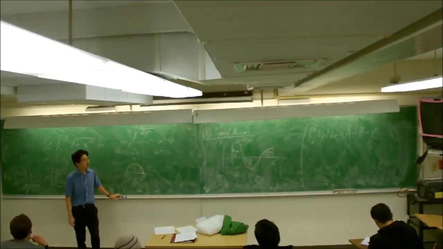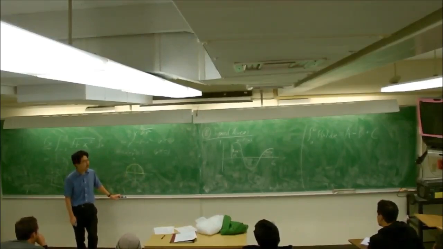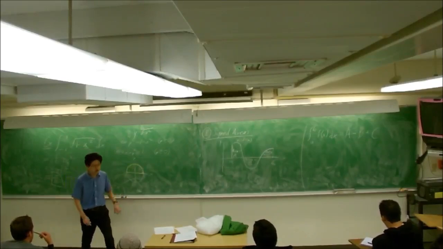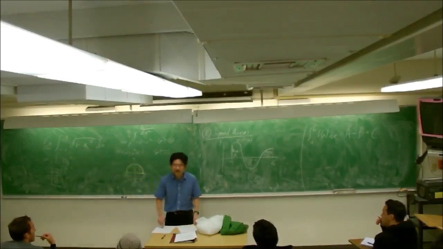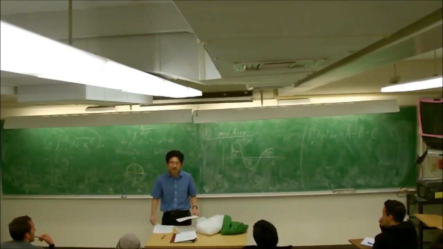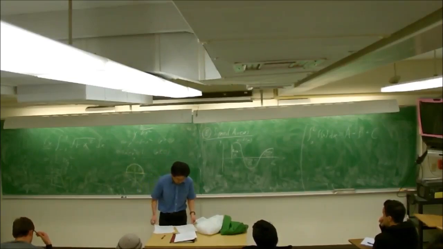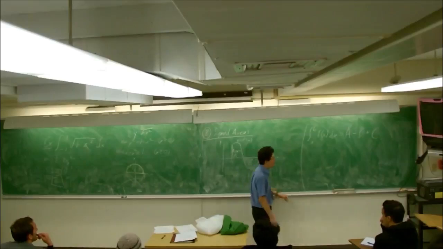So remember, regions below the horizontal axis contribute a negative value to the definite integral, which means that the value of a definite integral could be positive, could be 0, could be negative, or could be undefined. That won't happen in this class, though. That might happen in Calc 2, but not in this class. I will not give you an integral that's undefined in this class. For Calc 2, you'll see some undefined integrals. For example,